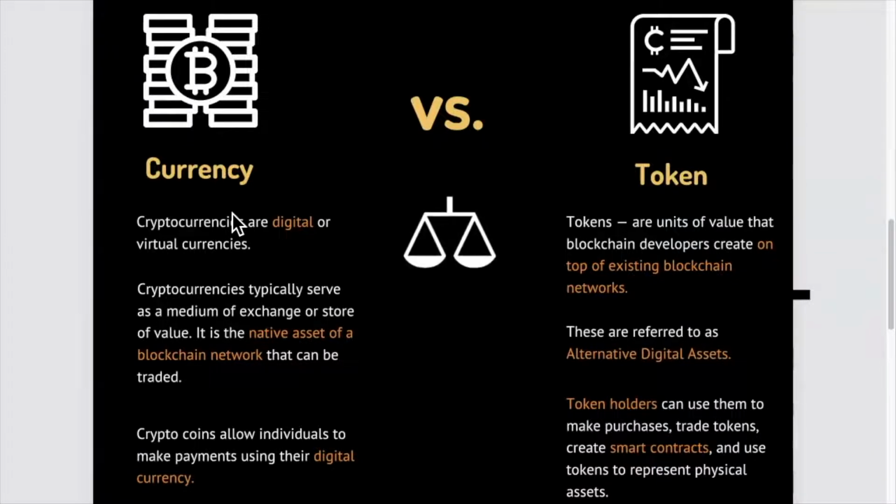For example, Ethereum has ETH as the native currency of that network. Tokens are built on top of the Ethereum platform, and Ethereum is one of the most common platforms that they're building on. So while cryptocurrencies are the main digital asset of that network that was issued by the network, a token is a software, project, transaction layer, anything that's built on top of the currency network in order to perform different functions than the original intended function of the main network.